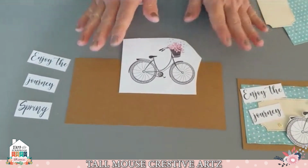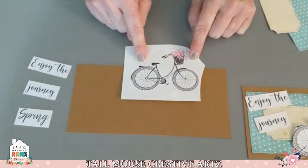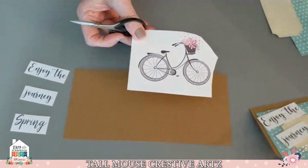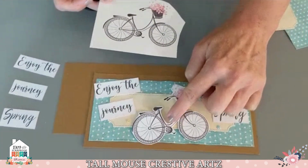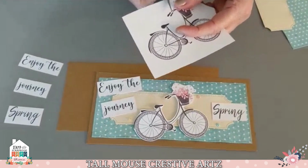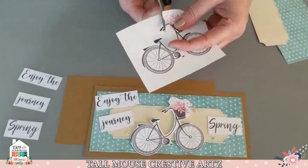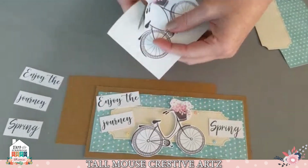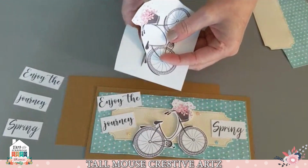So while you guys are cutting, I'm going to cut also, and we're going to fussy cut this guy out. Now, my sample, I did really, really close. I took a lot of time to do that. So I'm going to do it in a little bit larger cuts this time. And then I didn't explain to you guys, but I'm going to go over here because I like to...